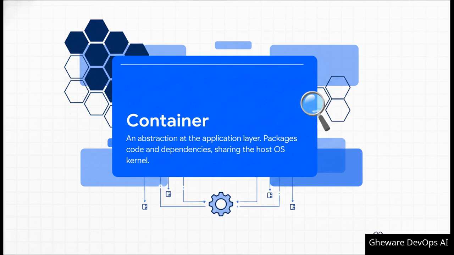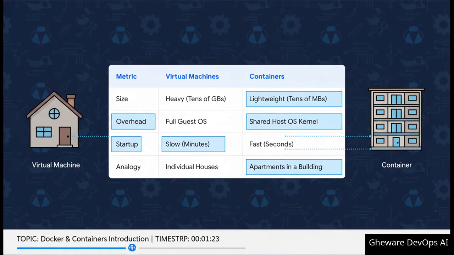It means all the containers running on one machine actually share the underlying operating system kernel of that machine. They're just neatly isolated processes, which is an absolute game changer when it comes to efficiency. This makes the difference totally clear.